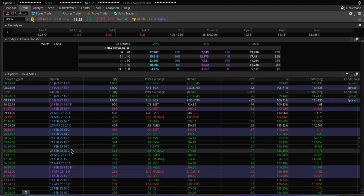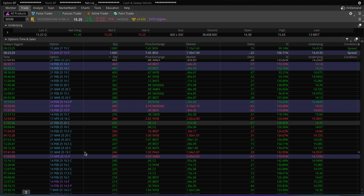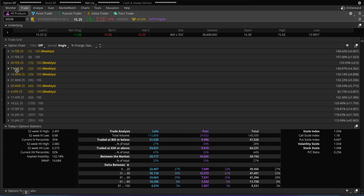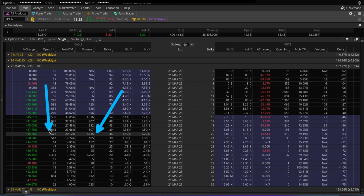I'm seeing $15 call for next week. I'm seeing $14 call for tomorrow. I'm seeing $20 call for March again. Looks like that $20 call for March expiration looked pretty decent in terms of volume. I don't know if it is a spread or not, but you have to check it. Is it somebody who exited or entered? Because if you take a look at the open interest, there were already 9,400 contracts, and today 7,600 shares traded at